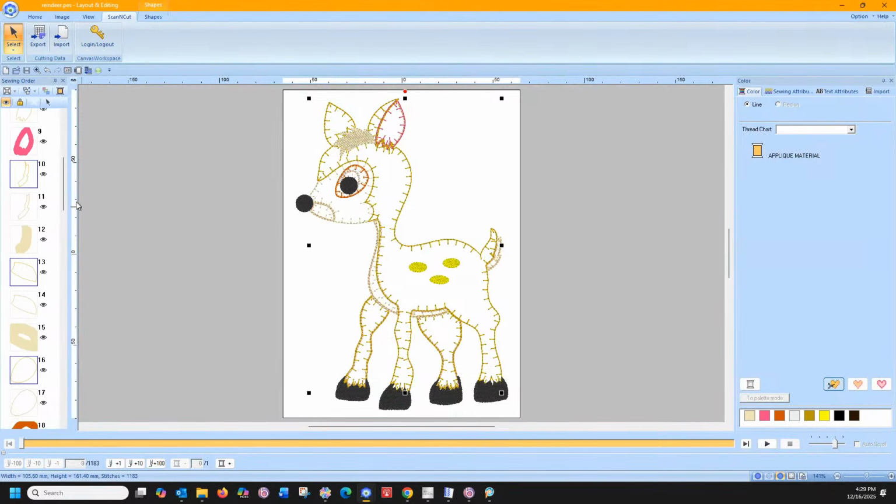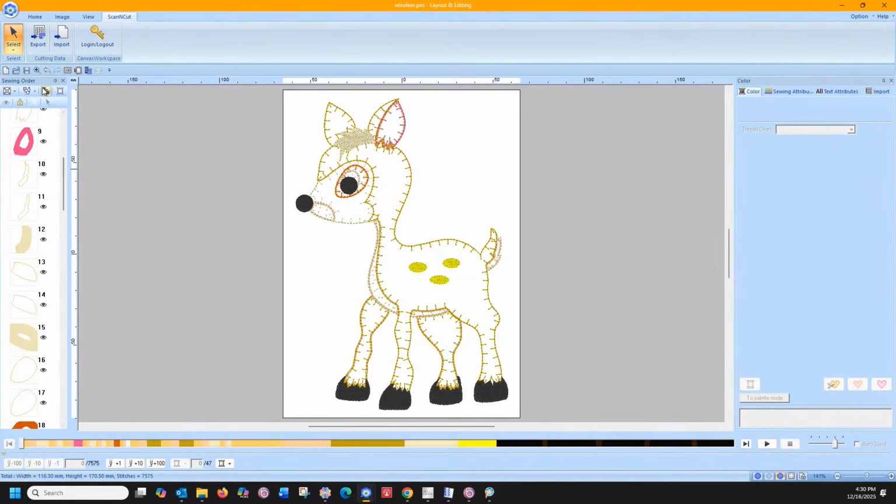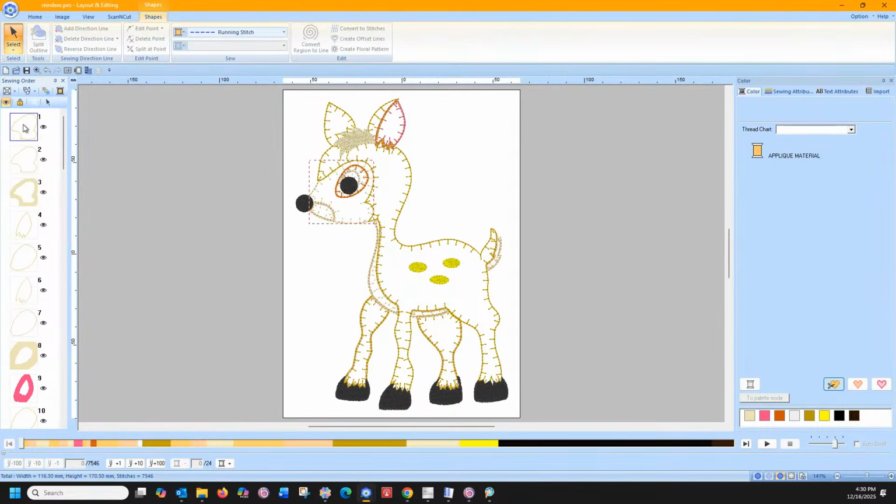Now, I would probably try to color sort. It may or may not let me. It kind of does. But we want all of our applique material to go first just because it makes life easier. So if it does, it really didn't sort for me since they are overlapping. So each segment, you're just going to come in and grab